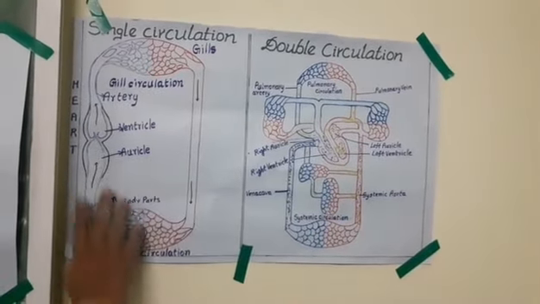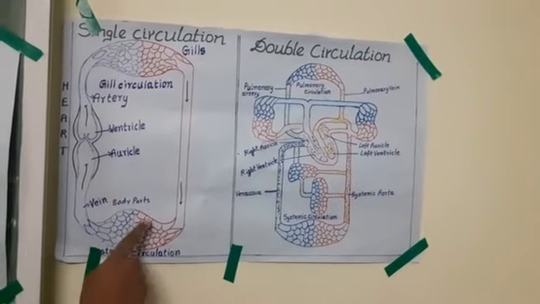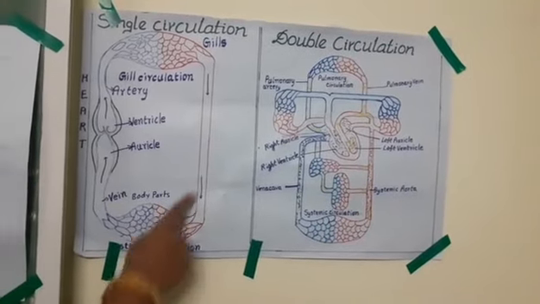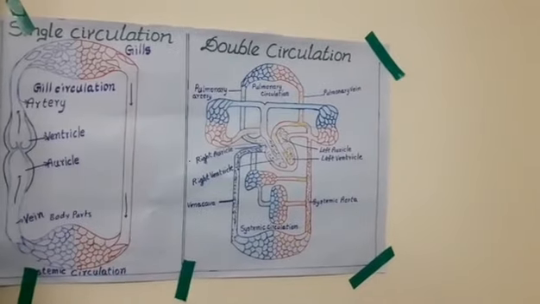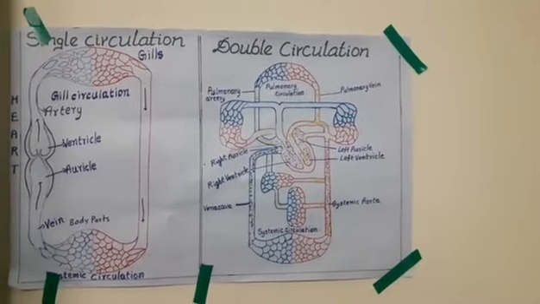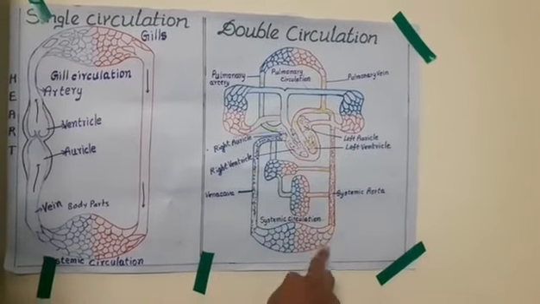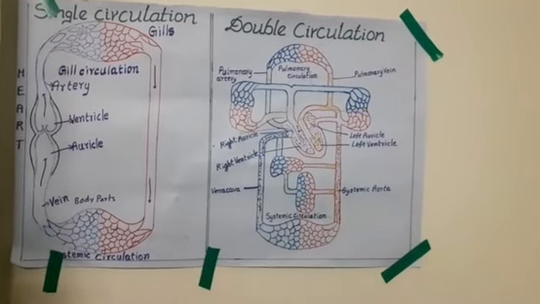So this type of circulation, which we observe in fishes, is called single circuit circulation, and this heart is called the branchial heart, and the type of circulation is branchial circulation. When we see higher animals, we observe double circuit circulation. The heart pumps the blood once between the heart and lungs, and a second time from the heart to the body parts. This is called double circuit circulation, and the heart is called the double circuit heart.